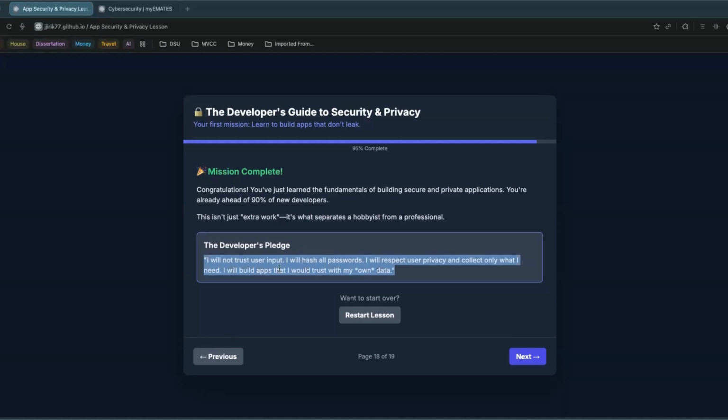I will ask you to read this, right? The developer's pledge, for your own sake, right? I will not trust the user's input. I will hash all the passwords. I will respect the user's privacy and collect only what I need. I will build apps that I will trust with my own data, right? This is kind of the golden rule, right? Do others as you would like to be treated, right? So if you wouldn't put your own data into an application, that's pretty good indication that you probably need to change